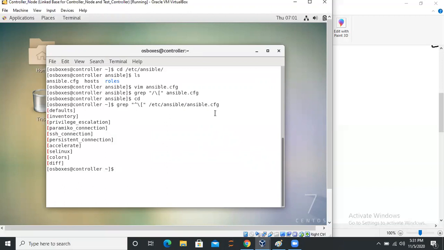Okay, very well done. So there are some sections which are important over here.